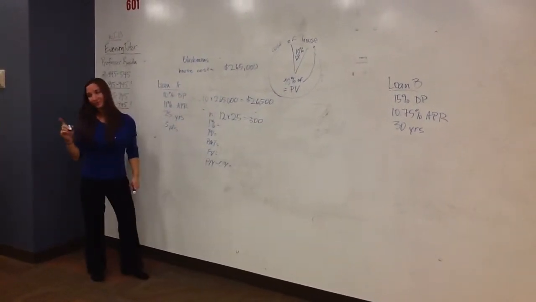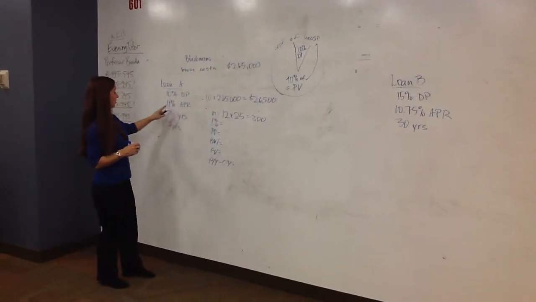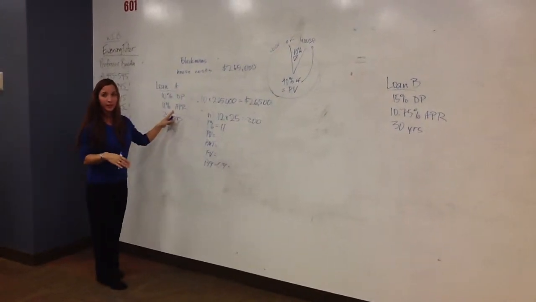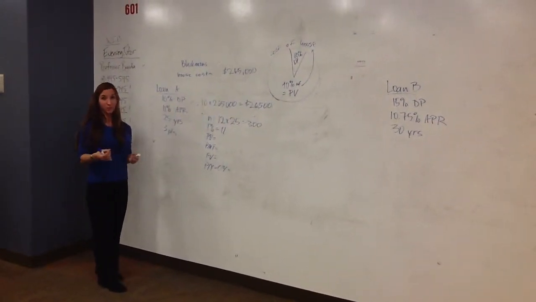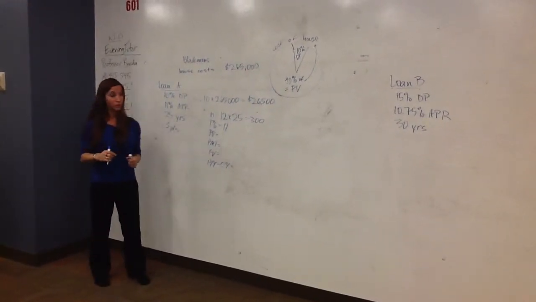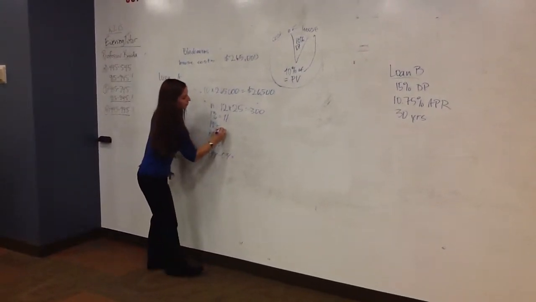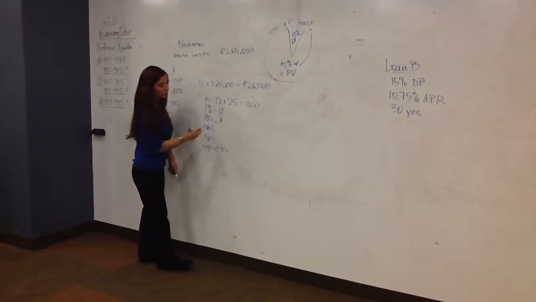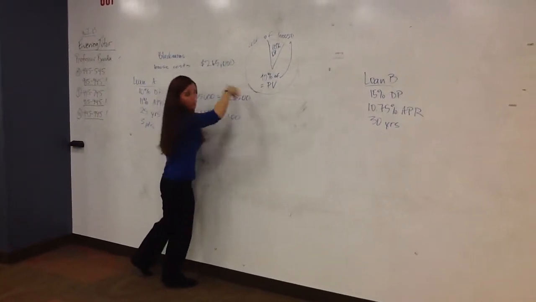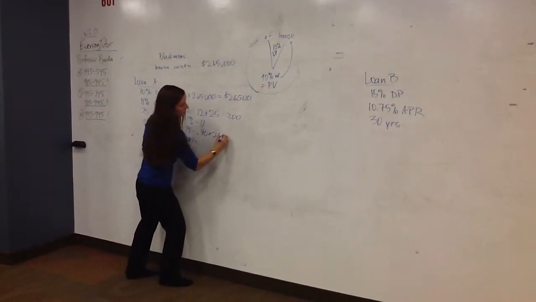If you're working on your phone, you're going to have to figure that out. The I%, the rate that the house is financed at, is 11%. That's the APR, and we put it in just like that. This TVM solver is like an app in your phone to make your lives easier, so you don't have to convert to the decimal equivalent to put that in there. Now the PV, I told you, I would multiply 0.9 or 0.90, which is the fraction of the total cost of the house that we have to borrow from the bank. 90% of $265,000